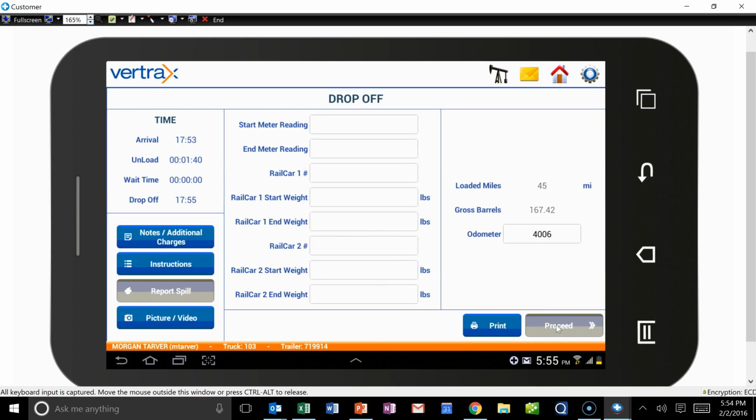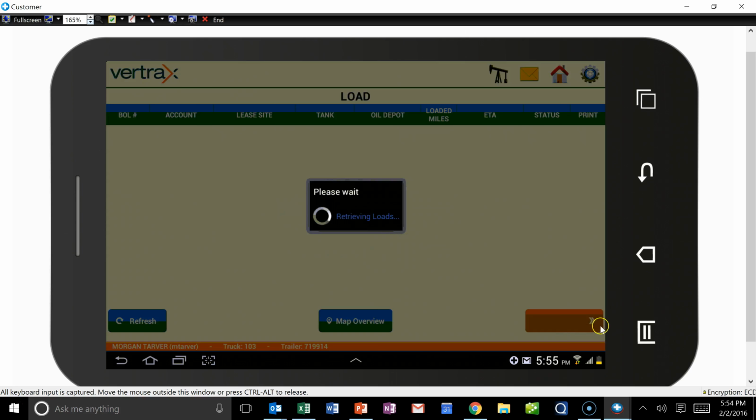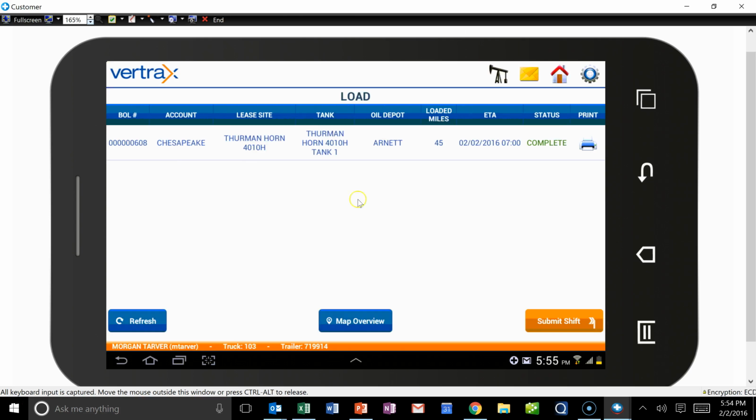When I hit proceed, it's either going to take me into the next load that I need to work on, or it's going to take me back to the load summary screen if I'm completed with my shift. So the last step that you would want to do when you're done with your dispatch each day is you would click this submit shift button,